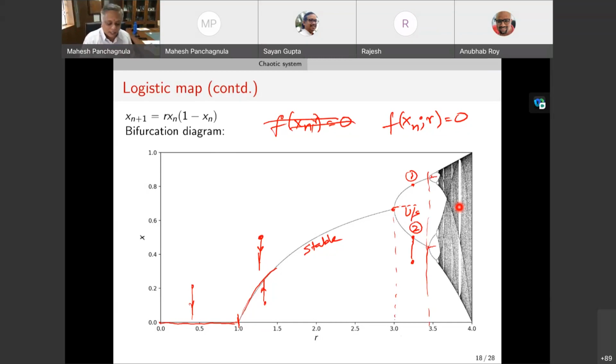Okay, so every time a solution encounters the unstable separatrix, it has to make a decision whether to go left or right, just like the coin. And this decision to go left or right brings in the sensitivity to the initial condition. And beyond a certain point, so now to the Feigenbaum constant idea.